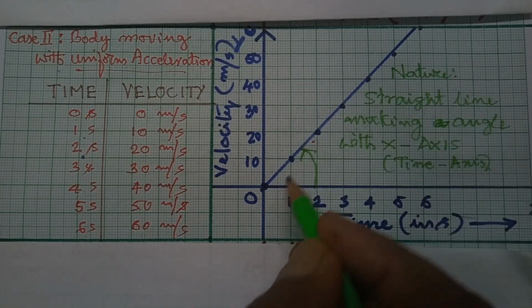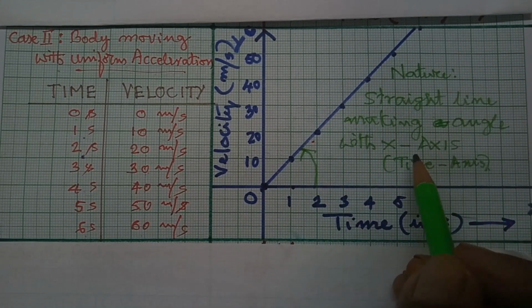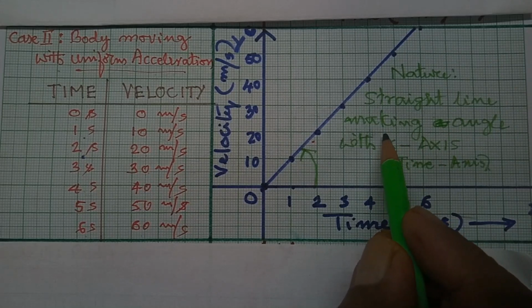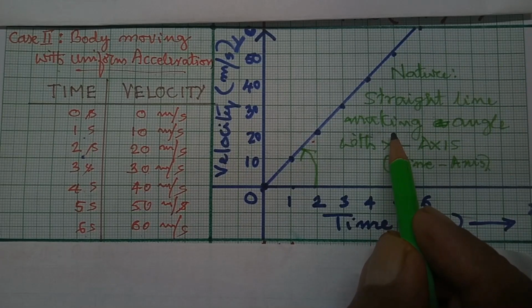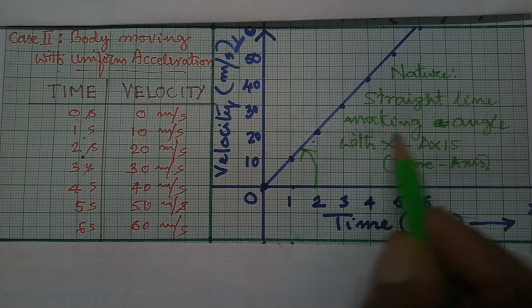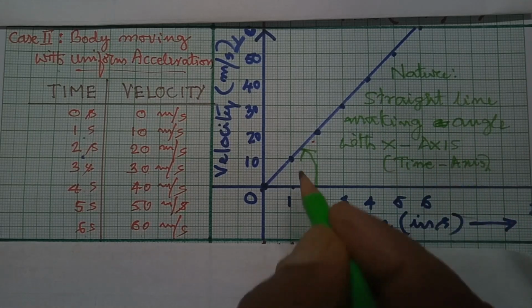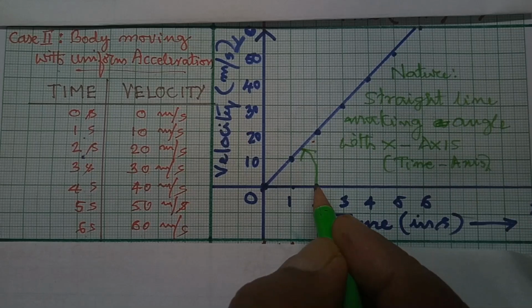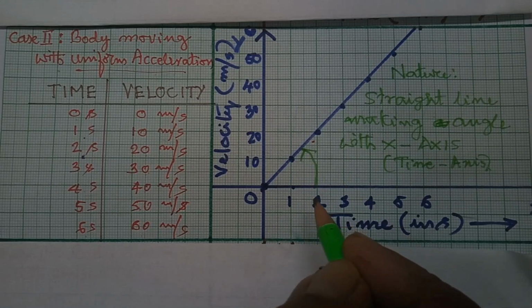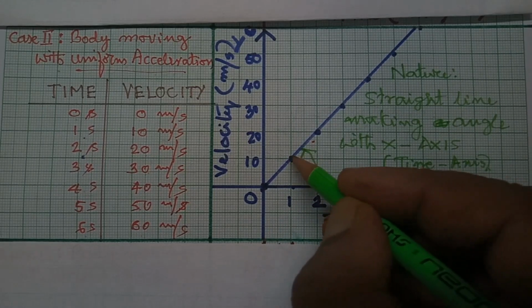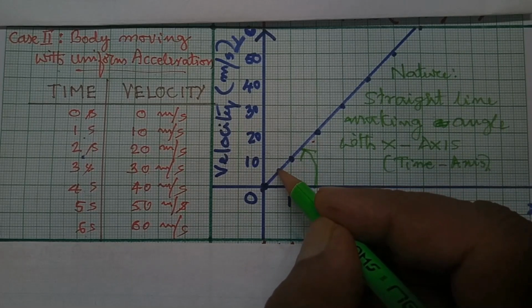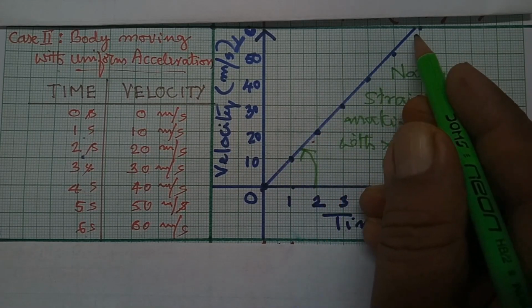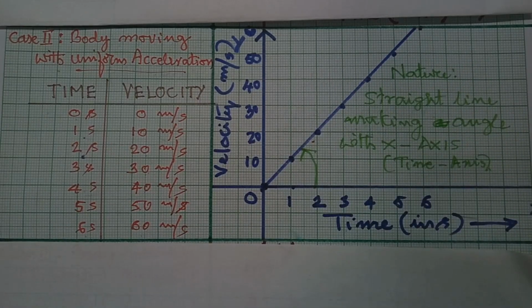So, you are getting a straight line here, but we say that it is a straight line inclined. Some books have written inclined, some books have written making an angle with the x-axis. You see some angle is there. This angle also has importance. In future classes you are going to learn about that. So, this is the velocity time graph of a body moving with acceleration. Now, let us see the third case.